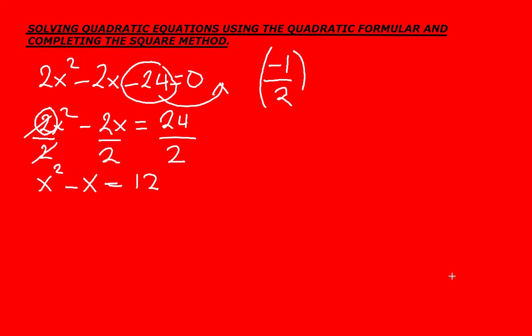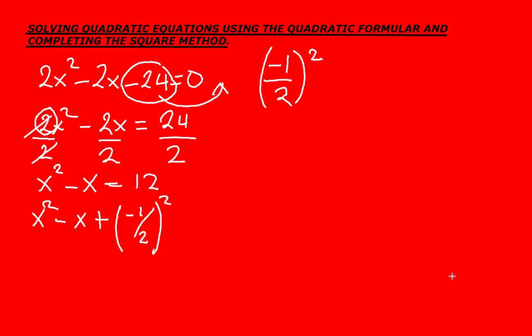I square the result, and then I add it on both sides of the equation. So you're going to get x squared minus x plus, in brackets, minus 1/2